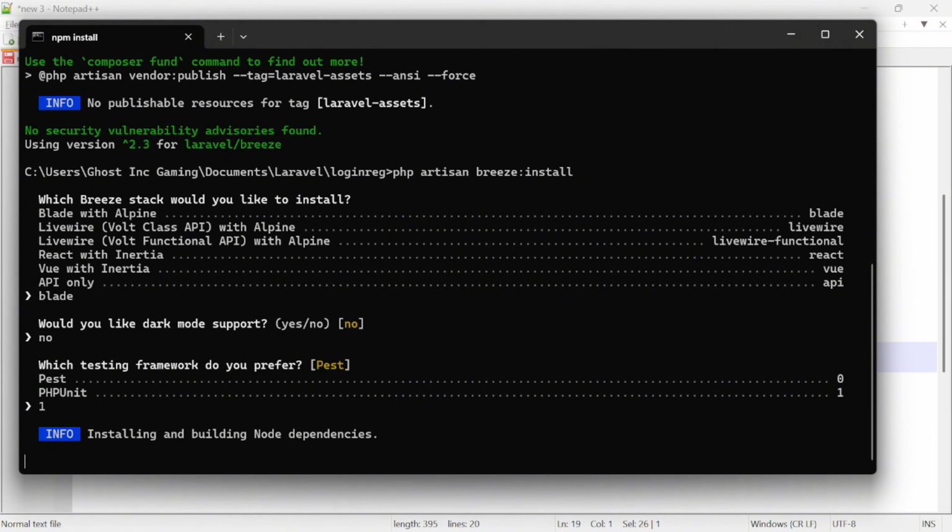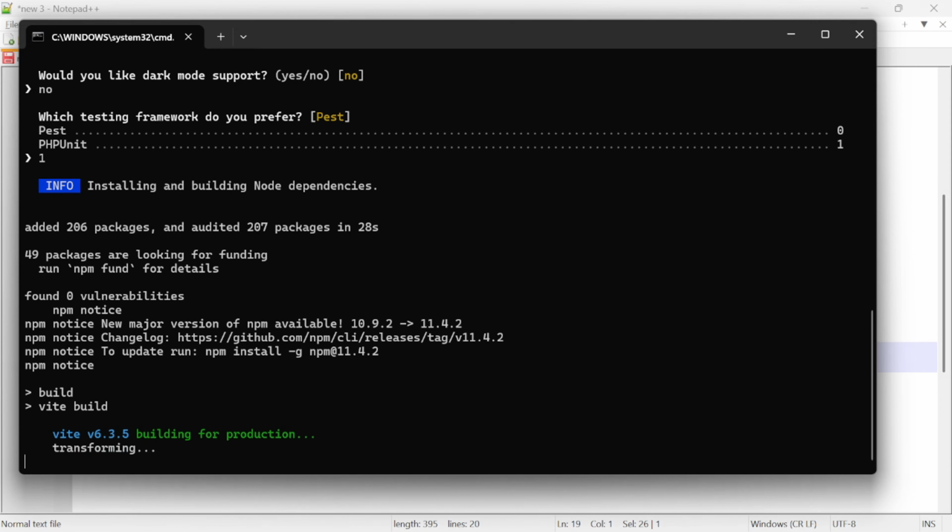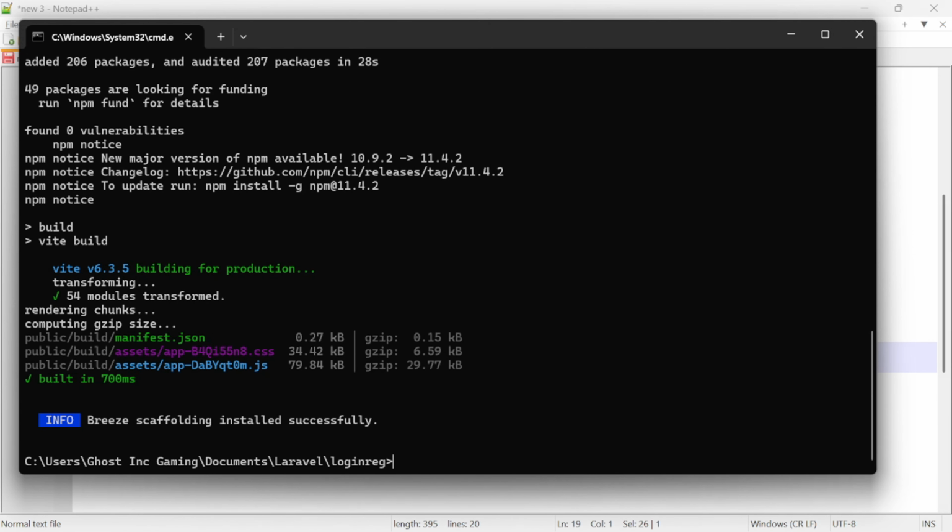That are also required. So remember, my purpose of fast forwarding is based on number 1, how long my internet access or my internet speed takes to install the Breeze, and which Breeze dependencies it is also installing. So let's give it a few more seconds as it installs, and then we take it from there. So as you can see, it's installed, and it's now even telling you Breeze